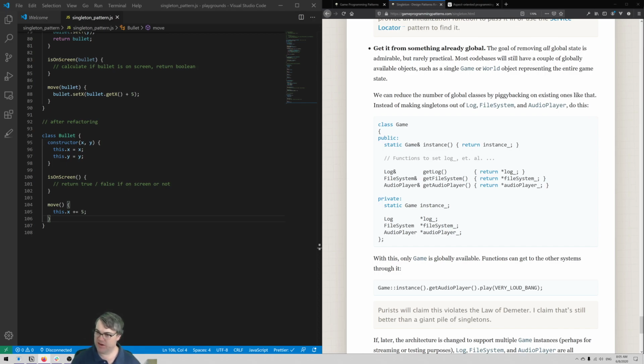The goal of removing all global state is admirable, but rarely practical. Most code bases will still have a couple of globally available objects, such as a single game or world object representing the entire game state. We can reduce the number of global classes by piggybacking on existing ones like that. Instead of making singletons out of log, file system, and audio player,